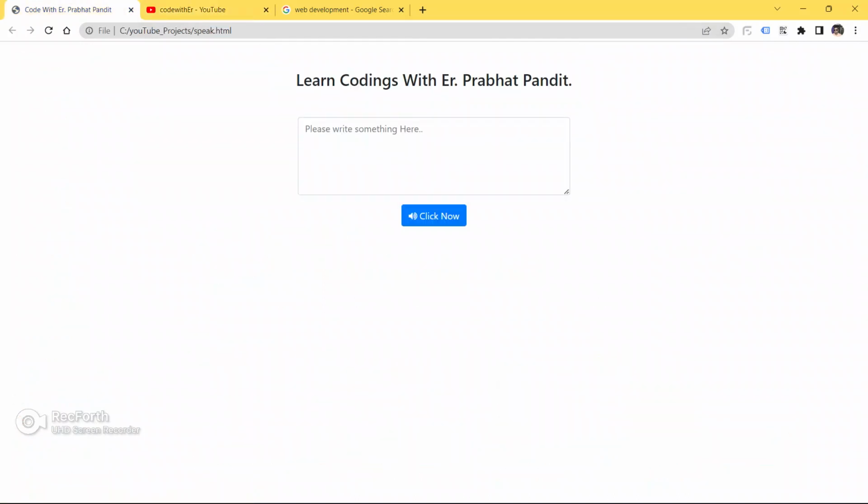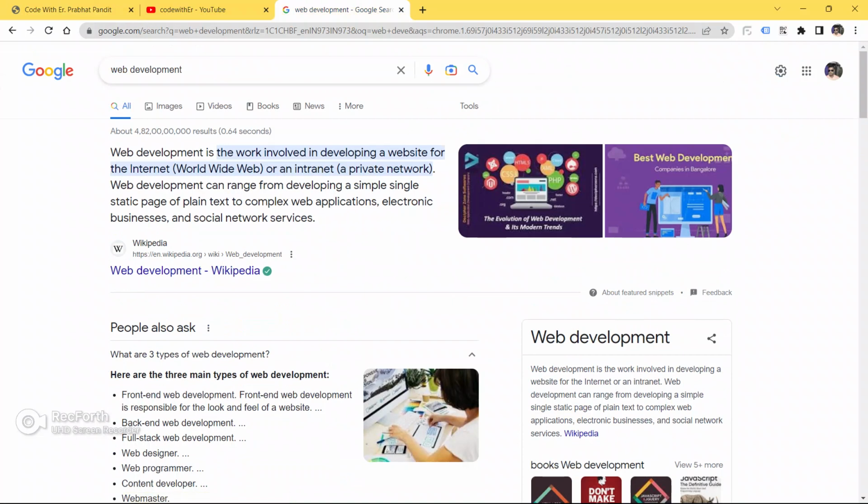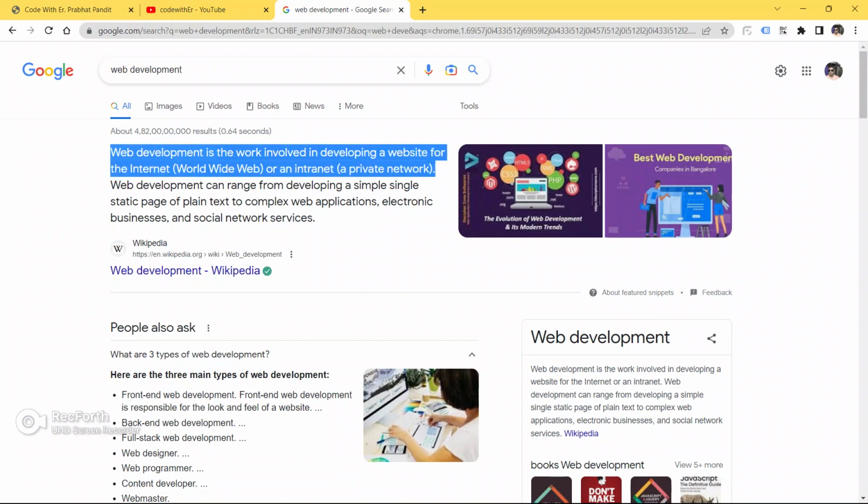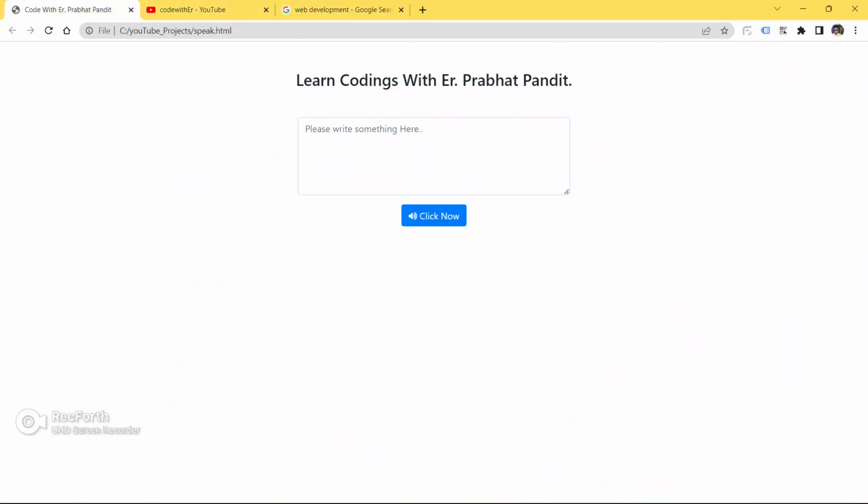As you can see guys, this is the demo. I have built this example using HTML, CSS and JavaScript. As you can see, there is a text area and a button. Whatever text you enter into the text area, after clicking the button it will speak the text or it will translate the text. So let me put some text into the text area now. Go here and copy some text from here and paste it here and click the button now.